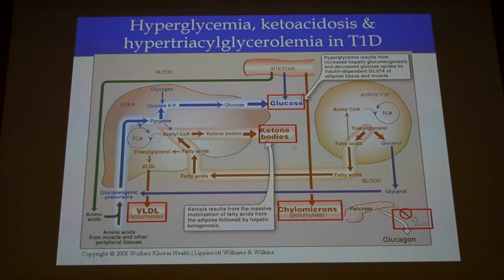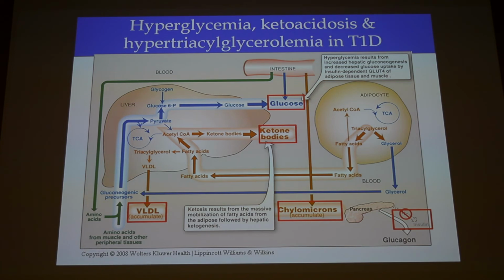Okay. So this is the picture of the metabolic changes in a patient with diabetes. But by the way, they are the same in type 1 and type 2. The only difference is here. In type 1, there is no insulin. In type 2, there is some insulin and there is insulin resistance, so the body is not responding well to insulin. But it is exactly the same image. So because there is no insulin, what's happening? Who can explain to me this slide?